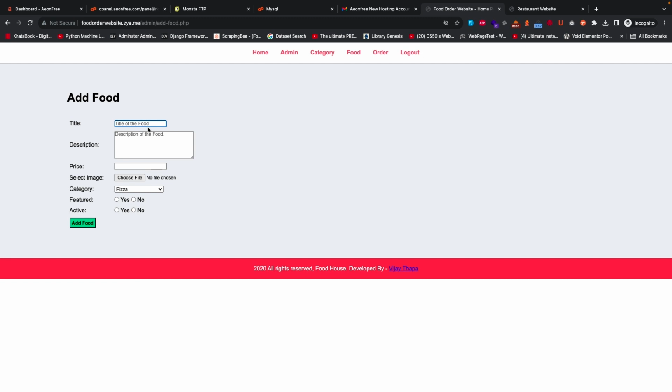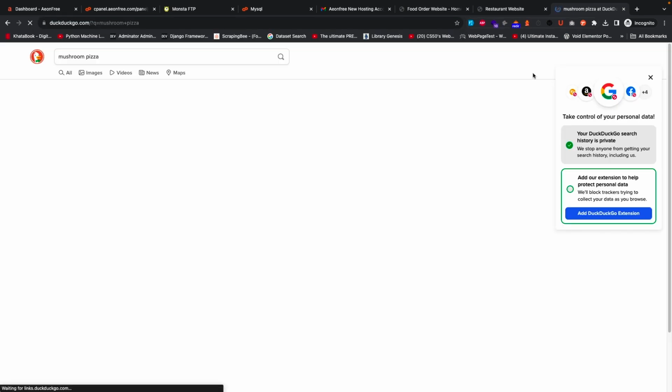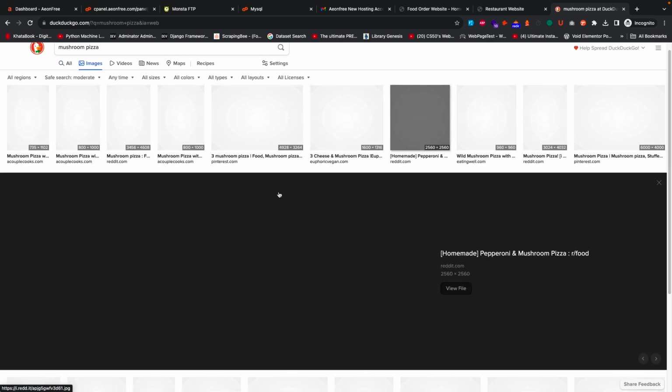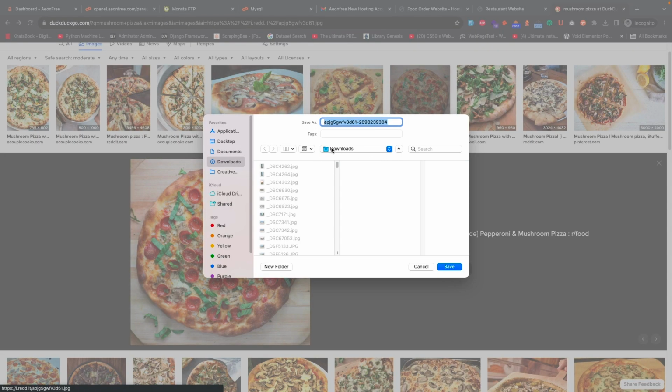I don't have the image for the food, so let's say I will say mushroom pizza, best mushroom pizza ever, price, let's say $5. I don't have a file, so I'll click feature and active. So I'll search for mushroom pizza, and let's download one of these. Select and save image as, and download our